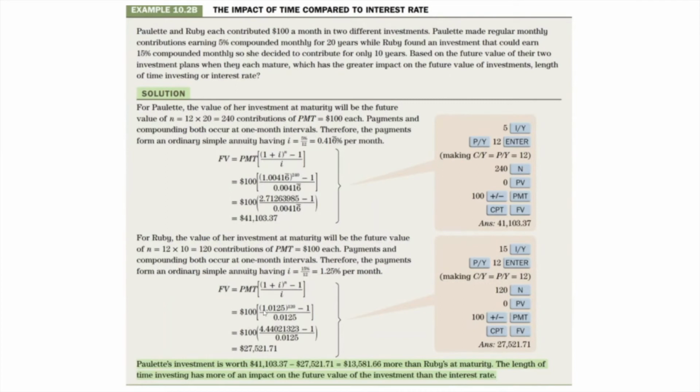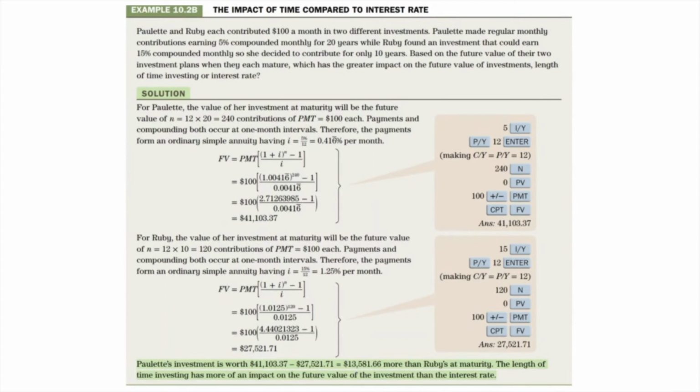$100 payment, 1 plus 0.0125 is 1.0125, to the power of the total number of compounds, which is 10 times 12, 120, minus 1, over 0.0125. Do the math on that. That comes to $27,521. So Paulette is getting $41,000. Ruby is getting $27,000. Well, it seems like Paulette is going to have much bigger savings here. In fact, the difference is about